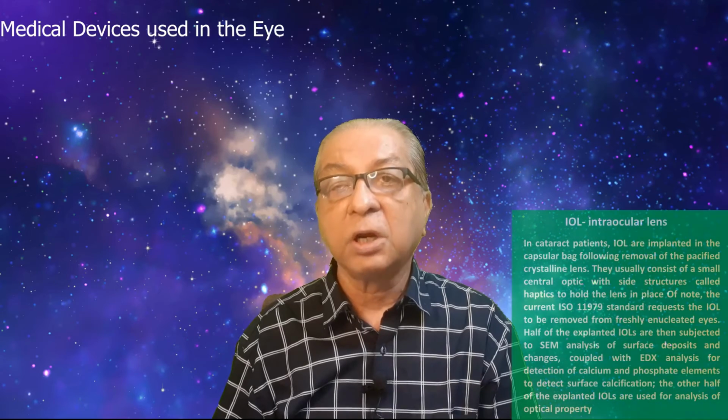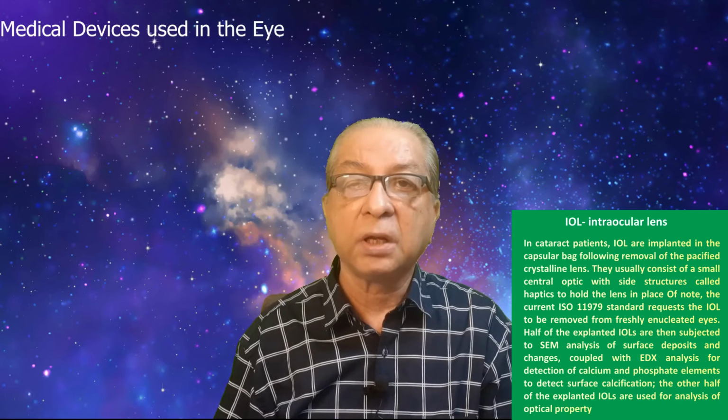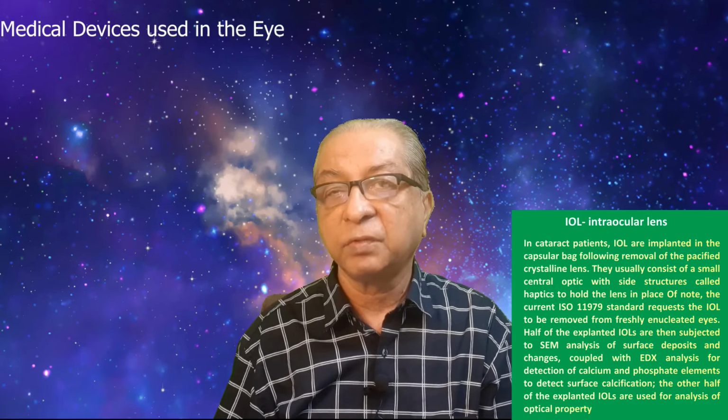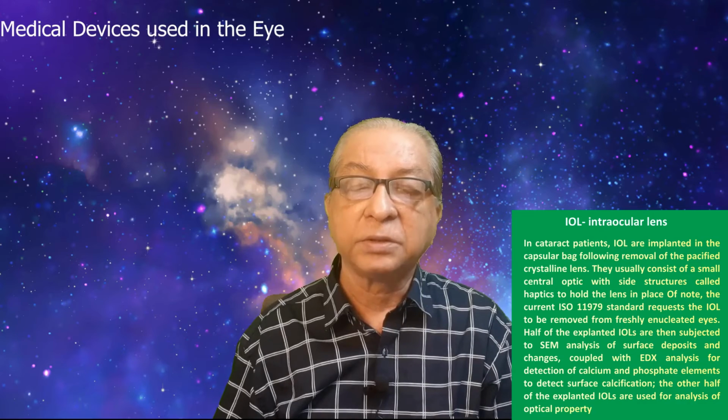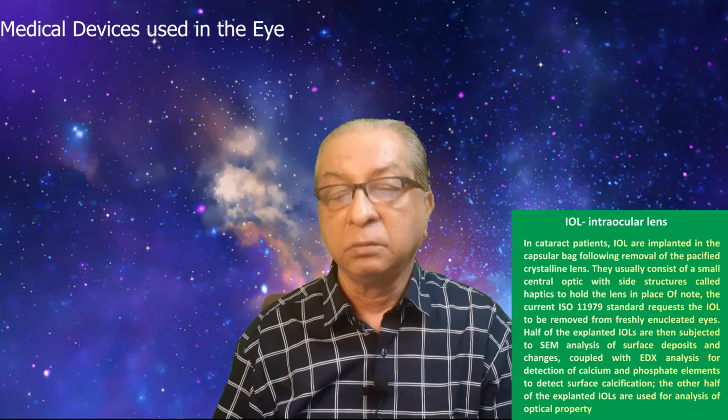We are talking about medical devices. We are talking about various conditions of the eye simply to show that for each condition there is a medical device, and most of the medical devices are made up of plastics, and they can stay within the eye because they are biocompatible plastics. Like retina and sclera, there is the intraocular lens to replace the cataract. When the cataract is removed, the intraocular lens is fixed so that you can regain the natural sight.